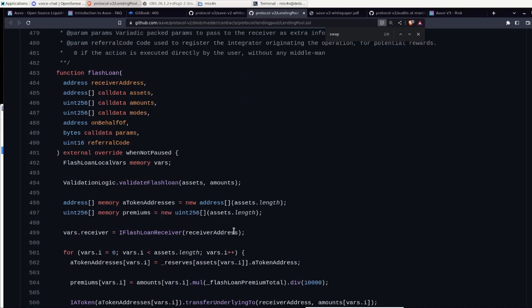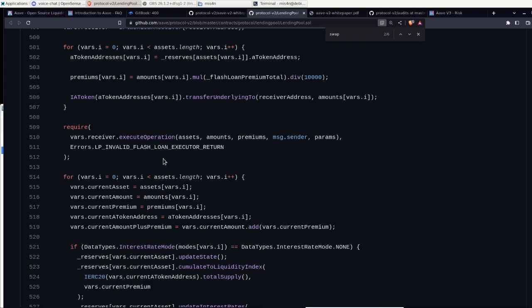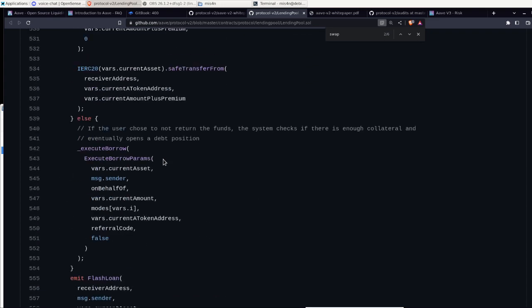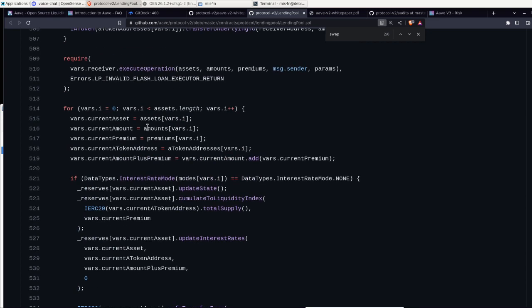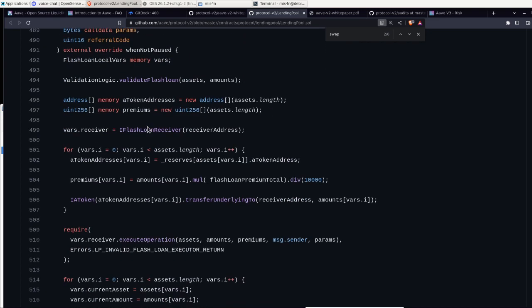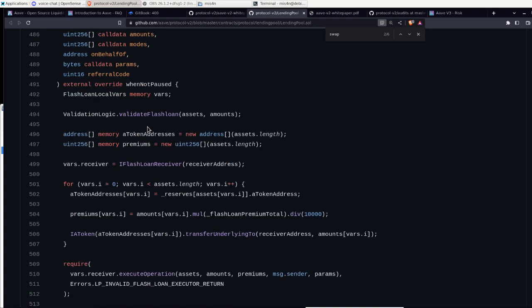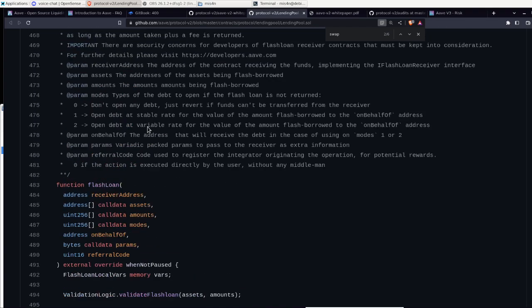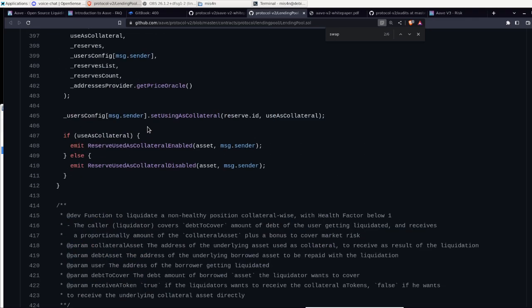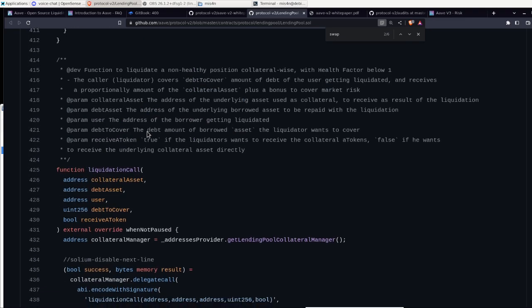Here we have a flash loan function, a very interesting function. Basically, a flash loan is just a function that will give you the money during the scope of execution. Usually, in the end, you're going to have a check that you actually paid. Obviously, Aave could have implemented that in a much more elaborate way. I'm not looking at that. I want to kind of see the liquidation call.